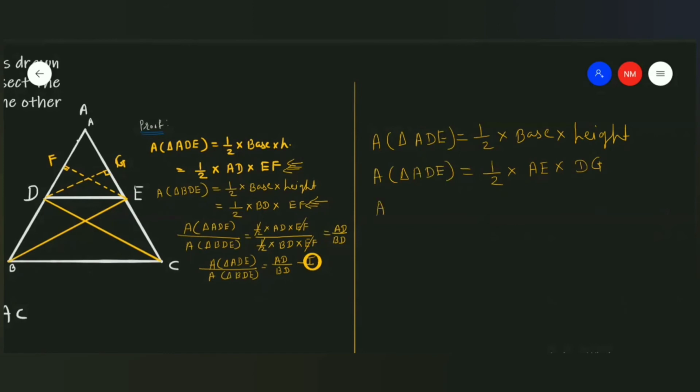Now the next triangle I'm going to select is the area of triangle CDE. Again the same formula, half into base into height, and half, as it is. The base of CDE is CE, because the height is available to CE, and the height to CE is DG. You just need to extend CE. If you produce CE to A, you will come to know that DG is the height to the whole AC, right? DG is the height to the whole AC, and therefore we are going to write the same here.